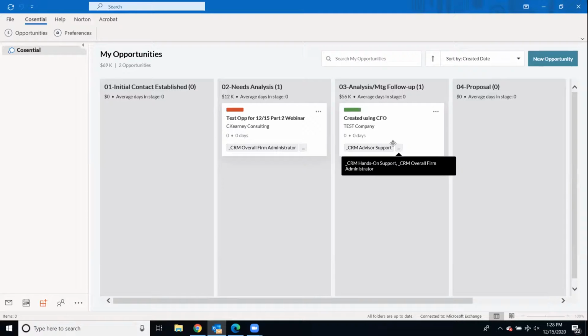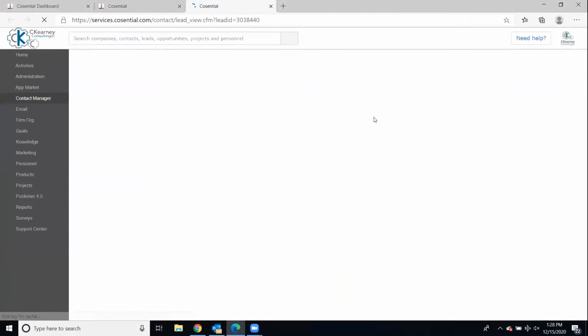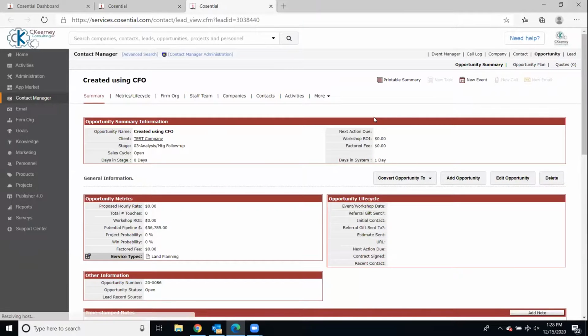Now, if I want to see this in Cosential, you can click the hyperlink and it will open up your internet browser and allow you to see the opportunity record. Make some changes. All of that information is here on the browser. It looks like we've got some information in the chat. Fantastic. All right, so when you're here, you can make the further edits that are not available to you within